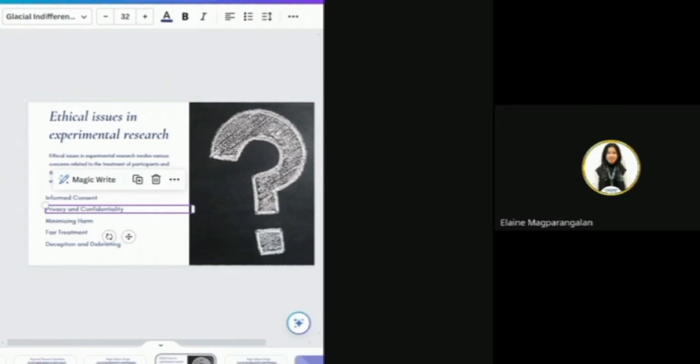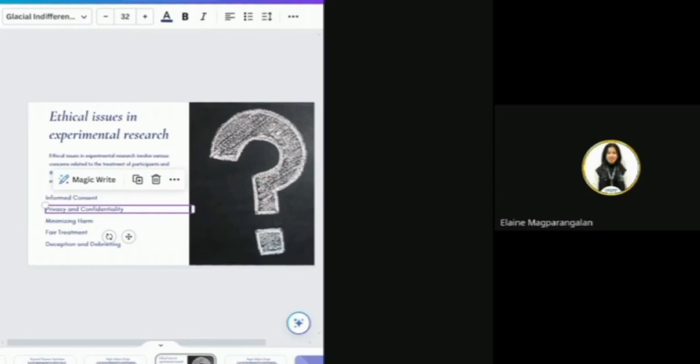So take precautions to anonymize data and store it securely. They ensure that only authorized personnel have access to the information collected. So what is the importance of this? The importance of this is that privacy and confidentiality protect the personal information of participants and uphold their right to privacy. It helps to build trust between participants and researchers